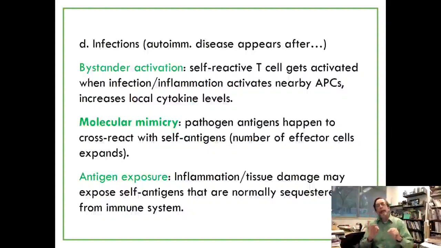Maybe a pathogen looks to the immune system like it is a self. Maybe you have a pathogen peptide that will look like a self peptide that's presented. So when you get that pathogen, you present that peptide, your T cells fight off the pathogen, but then they are on alert against that peptide. And it turns out that you have your own peptide, which looks exactly like that peptide to the T cells. This is the cross-reactive. And you have your effector cells expand,